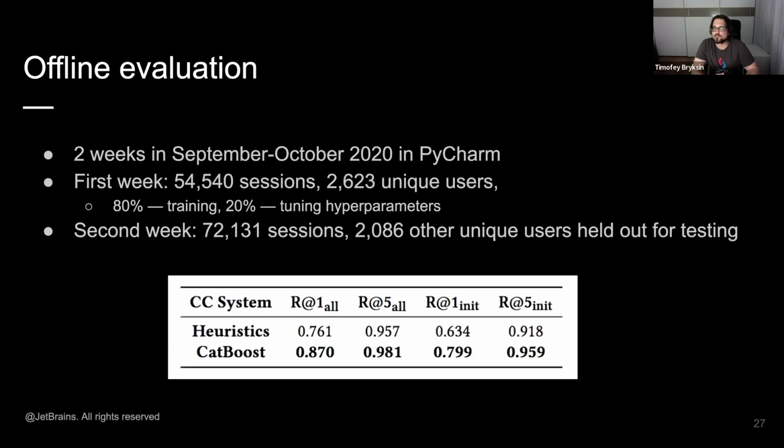Question: I didn't understand which ML or deep learning method is used during training. It was decision trees, the classical decision tree algorithm that is ignored these days. We tried a lot of different things, including GBM, feed-forward neural networks, and transformer-based neural networks.